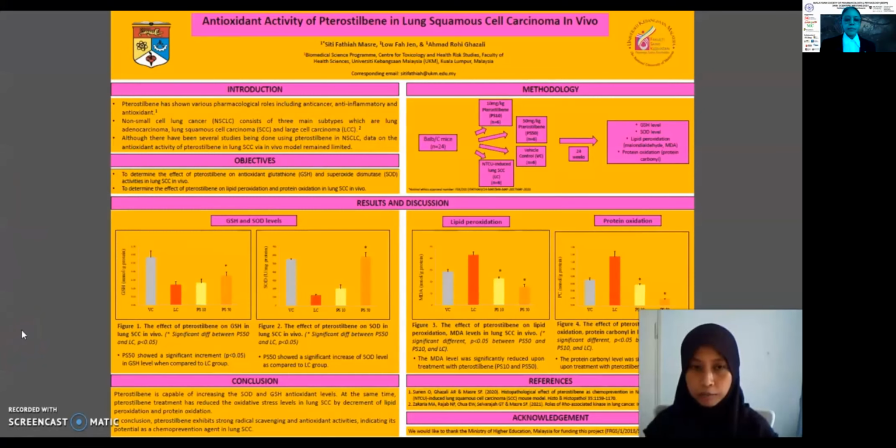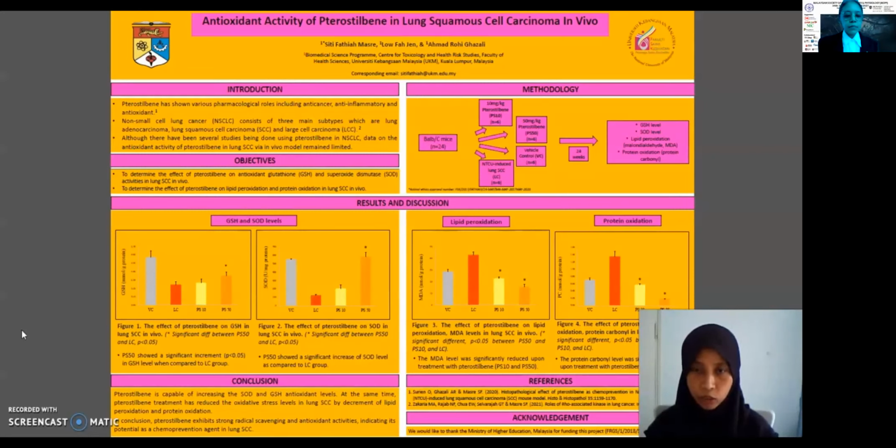Although there have been a lot of studies using pterostilbene in lung cancer, particularly non-small cell lung cancer, data on the antioxidant activity of pterostilbene in the lung SCC subtype by in vivo model remain limited. Therefore, in this study, we will use the mouse model, and